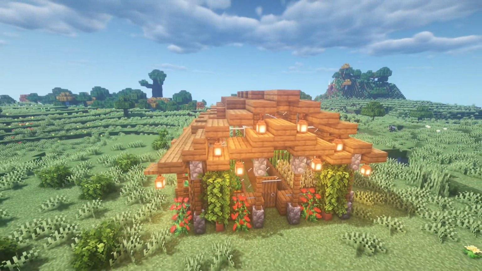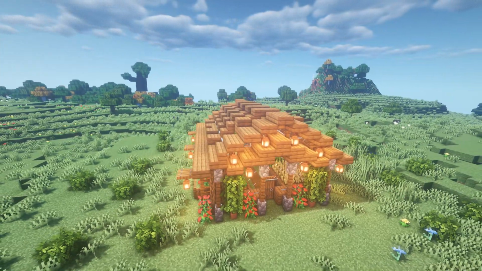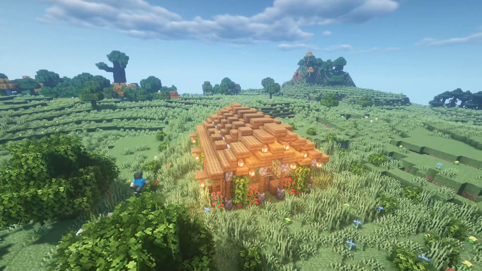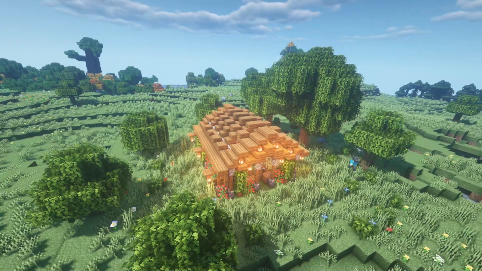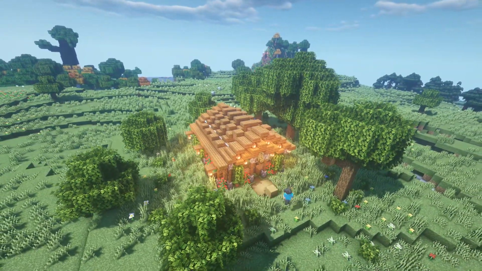So there will actually be a little tour of the base and a showcase, as I always do. I just went around the outside of this base now, added in some greenery, and basically just completed the build from here onwards. It looks very, very stylish in my opinion. A nice little cute build to put into your world. If you want to copy this,